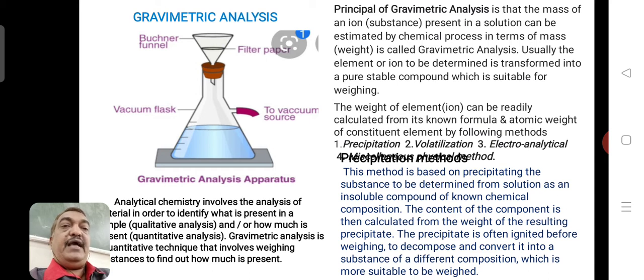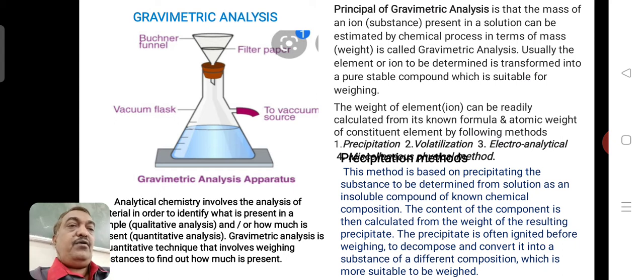Imagine what I have told. In a test tube, there is a clear barium chloride solution. To this, if you add sulfuric acid, there is a formation of a solid substance which will deposit at the bottom of the test tube. That means the solid particles will settle at the bottom. The mass, the weight of the substance formed as a precipitate, will settle at the bottom with gravitational force acting on it. So this is the main idea of gravimetric analysis.